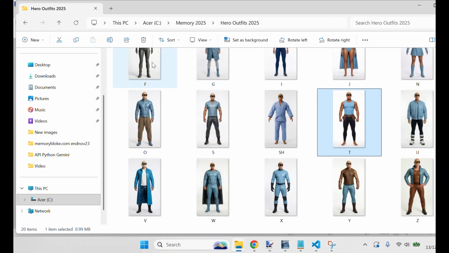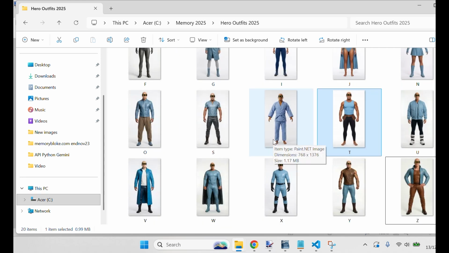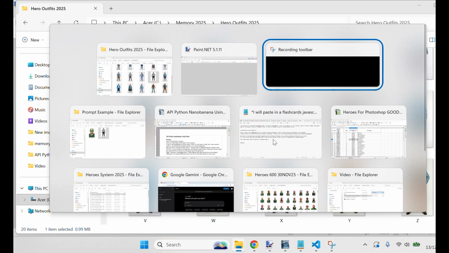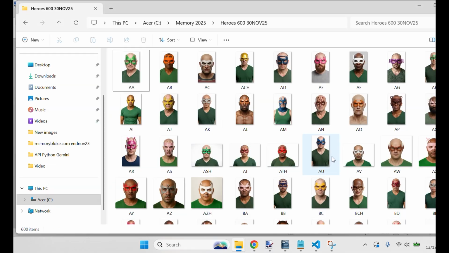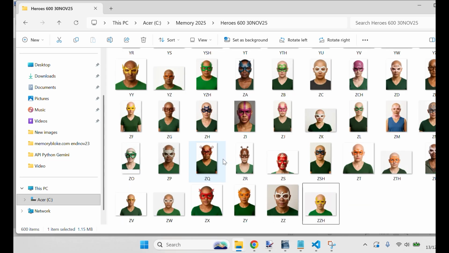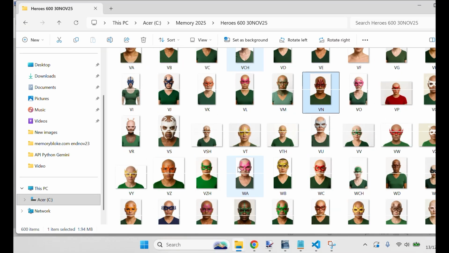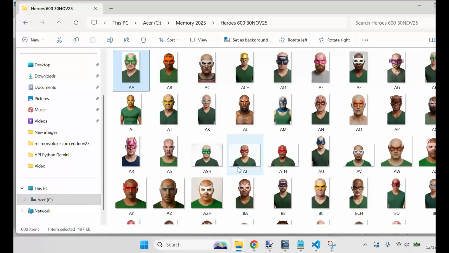and they're from a whole load of outfits that I've got in a folder here, kind of superhero outfits, and I've got 600 heroes. I'm going to change some which aren't as photorealistic as I like, but most of them are good to go. Made all of those recently as well. And